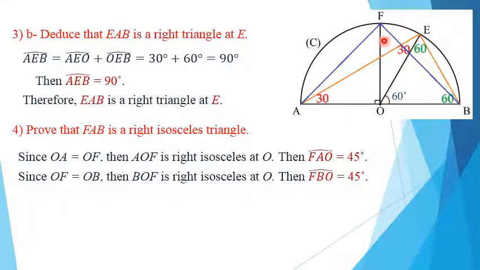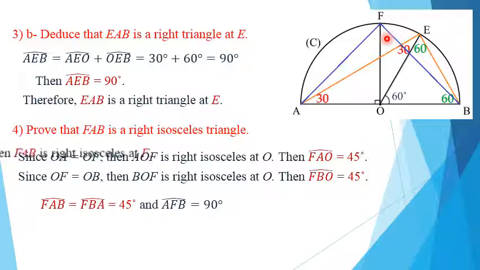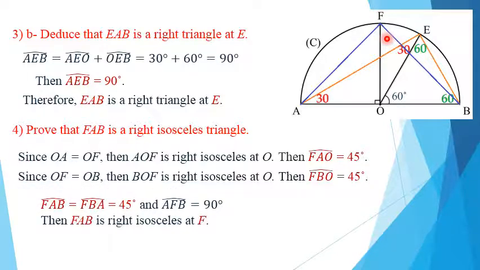Then I can say that OFB equals OBF equals 45 degrees. Now let's look at angle F. We proved that AFO equals 45 and OFB equals 45. Then AFB equals 45 plus 45 equals 90 degrees. And here we proved that it's